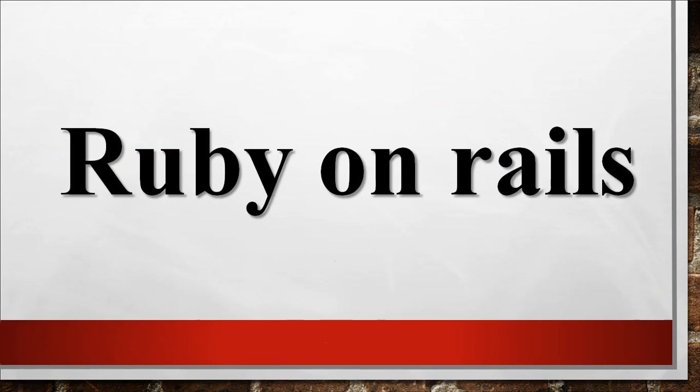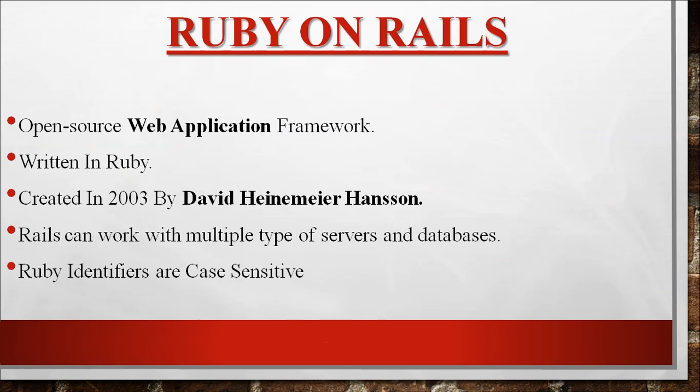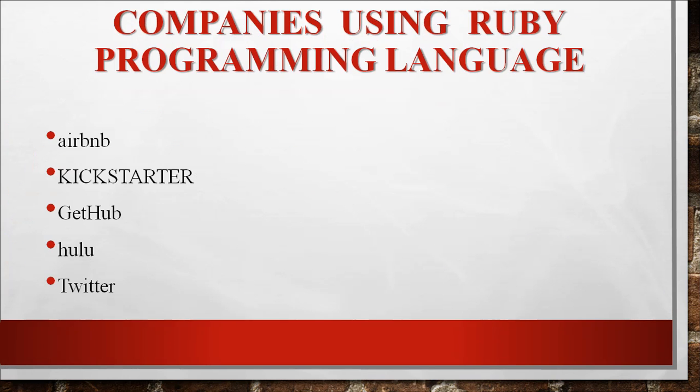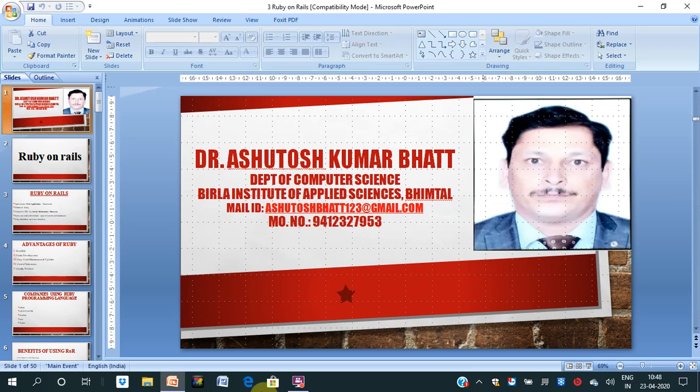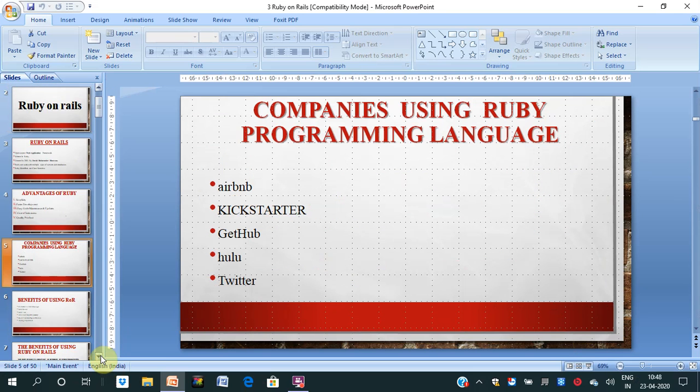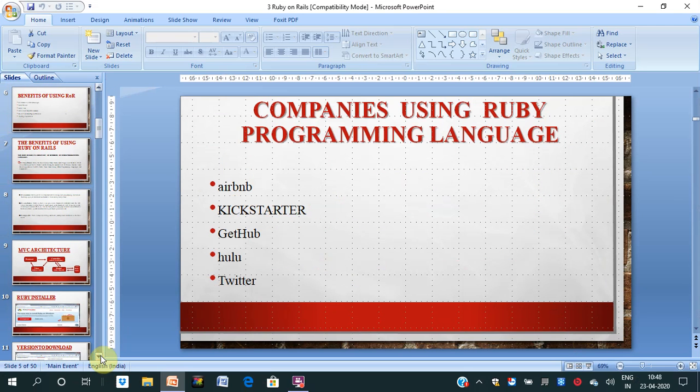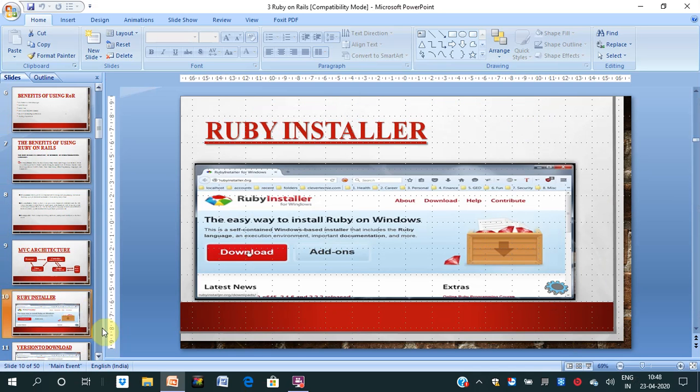And in the previous lecture, I discussed how to write a program in Ruby on Rails. I have taken two lectures till today, and today I will discuss how Ruby on Rails is helpful and what the process is of downloading and executing a program on Ruby on Rails. So first of all, I will explain to you.